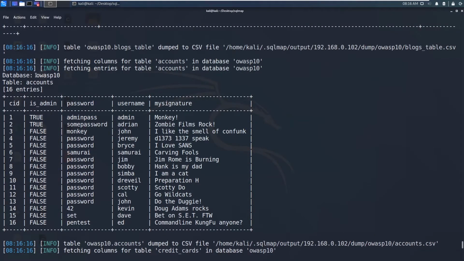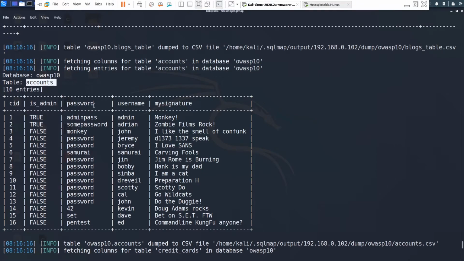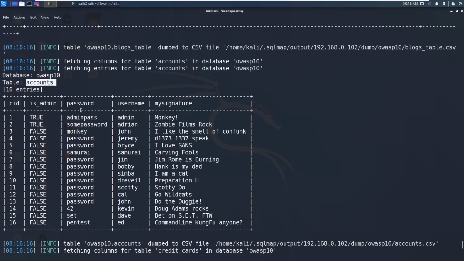So there you go, guys. You can see OWASP 10 is the database, and in accounts we have seen earlier we got only the username, password and signature, right? But there are 5 columns. So we have found that this accounts table has the 5 columns by putting the 5 nulls or the 5 numbers in a row using the union based SQL injection, and then we found that there are 5 columns, and we got the version and the username using this union based SQL injection.